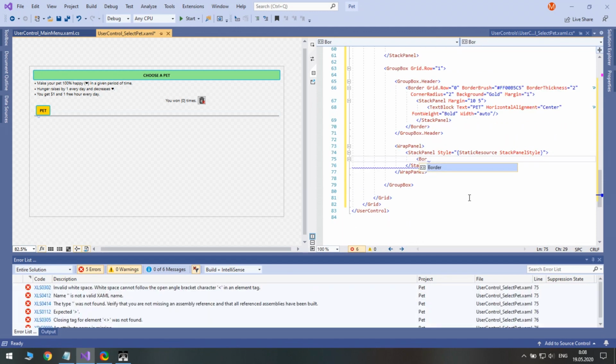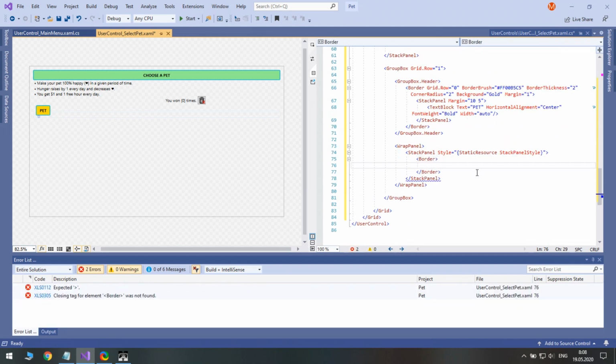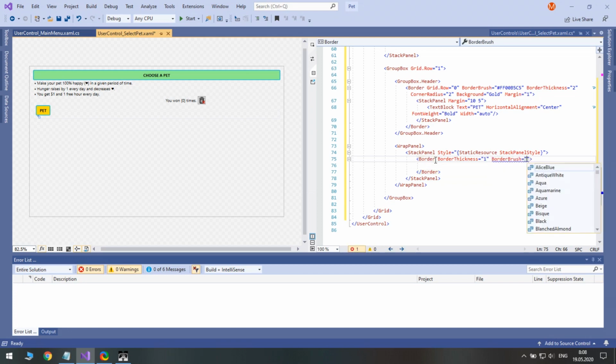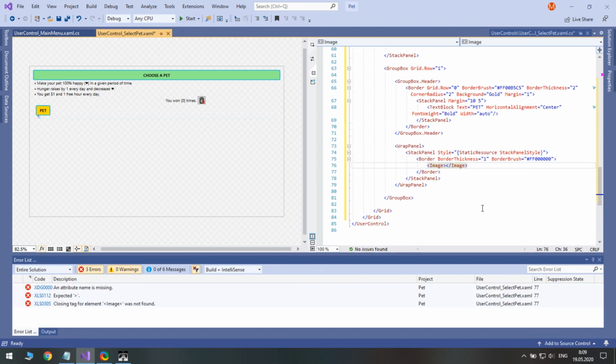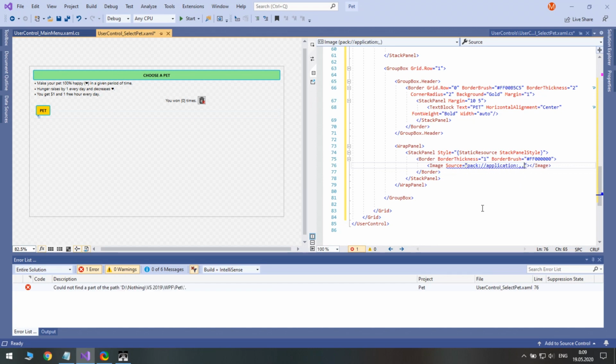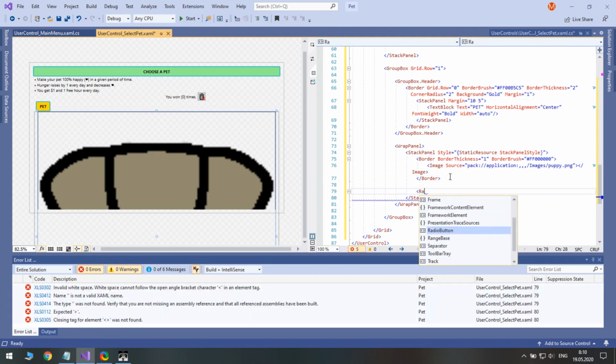Now we need a border for the image. And we will place the first image inside this border. Let's put a puppy image. Below the border, we will place a radio button.